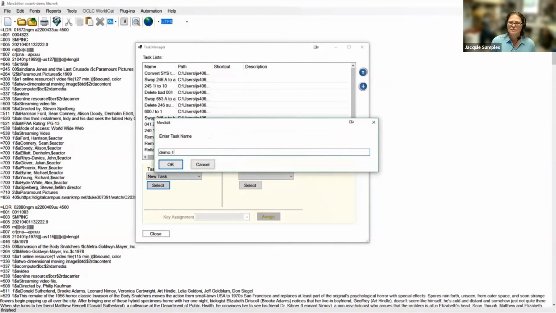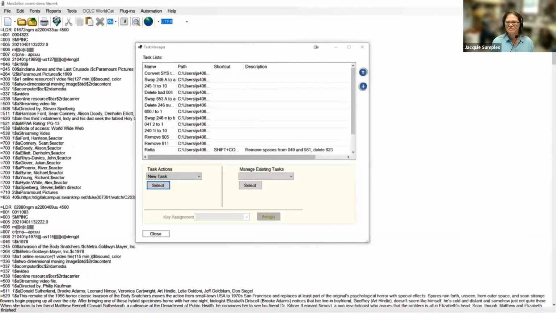I don't need this task. Normally though, I try to name the tasks clearly enough that I remember what I needed to do when I was creating the task. You can see some of them back here. I was deleting bad 001s. I was swapping field data, things like that. So I'm going to hit OK.